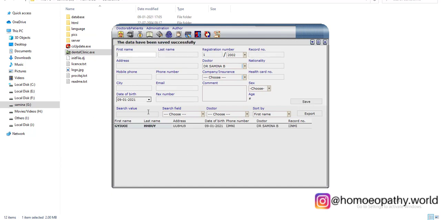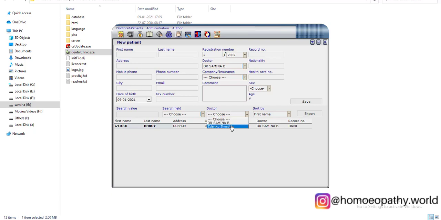Okay, since I'm done, you can see the information will come like this and you hit save, and next time when you want to see this list, it will come as if you choose the phone number, or if you choose the first name or last name or address or city. So if you want to see the particular patients of your city, you can just see that.